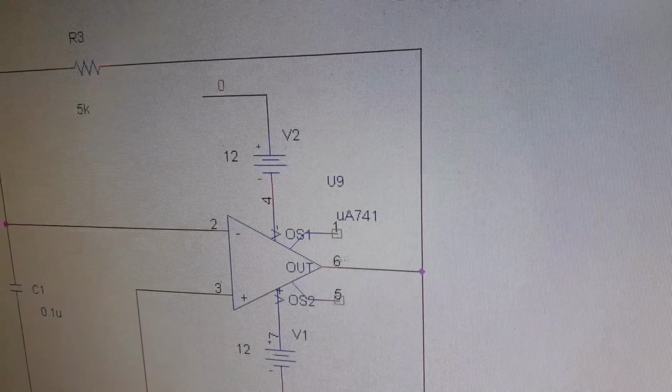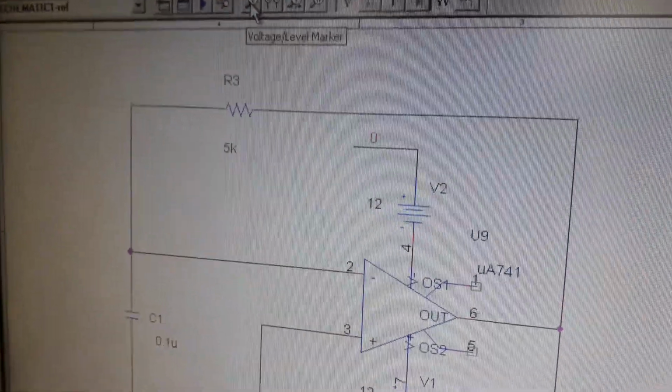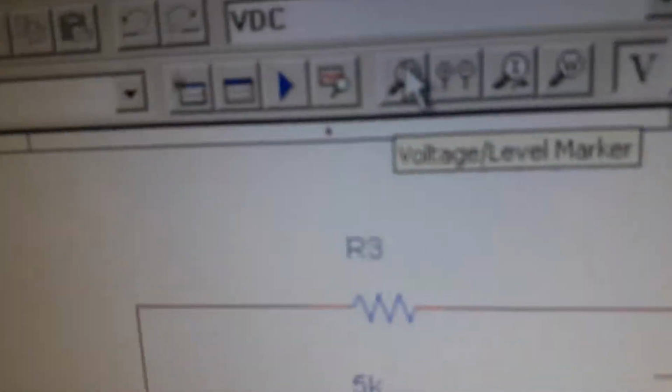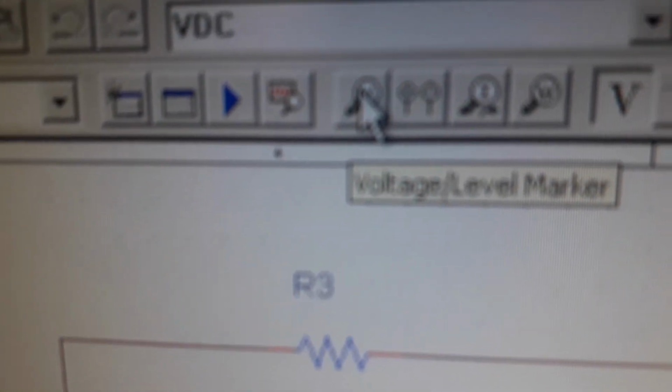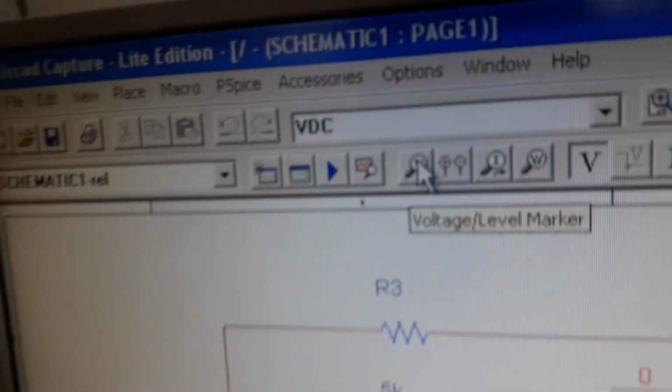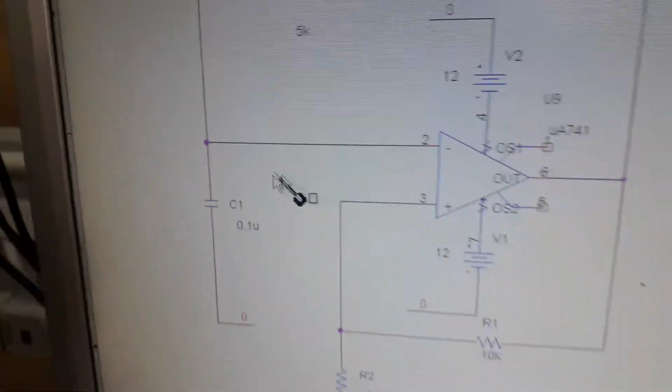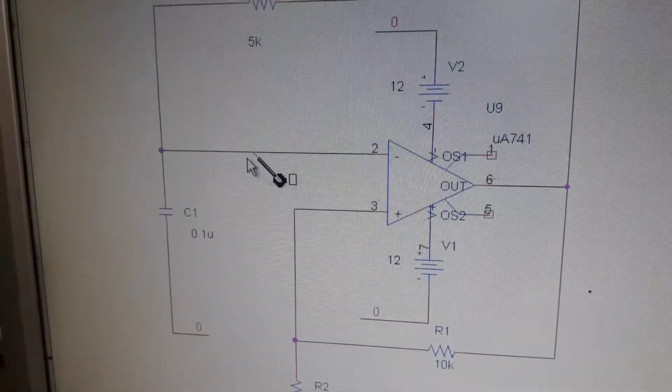Now let us place the probes. Here you can see this is the voltage or level marker icon. Voltage or level marker is a probe. Let me show you the diagram.